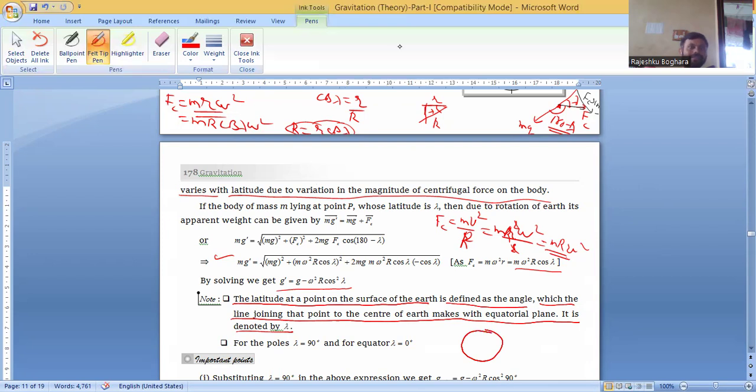Lambda कैसे डिफाइन करते हैं? This is equator, हम यहाँ पर हैं, तो यहाँ से सेंटर के साथ लाइन ज्वाइन करते हैं, तो लाइन इक्वेटर के साथ जो एंगल बनाता है उसे हम लेमड़ा कहते हैं, लेटीट्यूड कहते हैं। At the pole, suppose पोल यहाँ पर है, तो लाइन ज्वाइन करते हैं तो वो 90 एंगल बनाता है, वो लेमड़ा 90। At equator पर तो इक्वेटर के साथ एंगल 0 बनाता है, तो ऐसे हम लेमड़ा फाइंड कर सकते हैं।